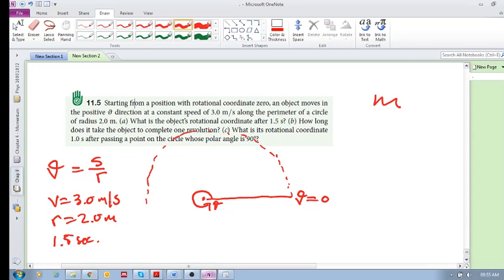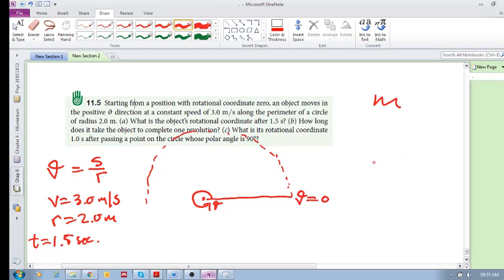And remember, the velocity is related to the arc length, meaning that if we want to know the distance, or the change in the arc length,